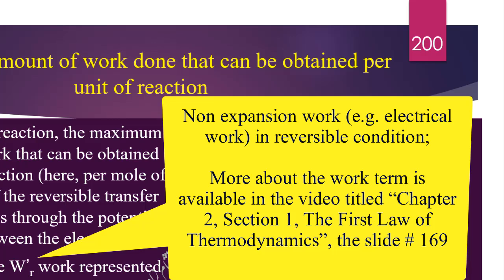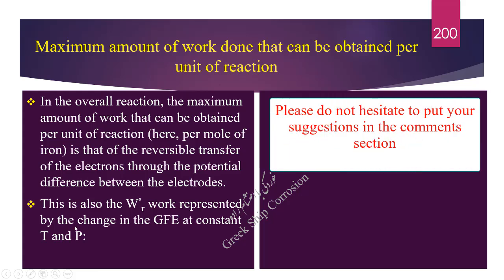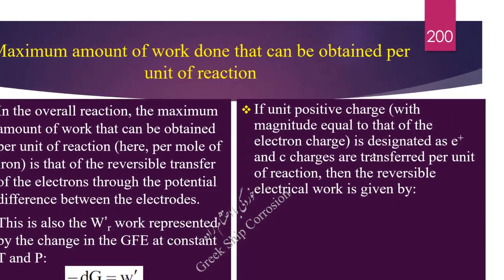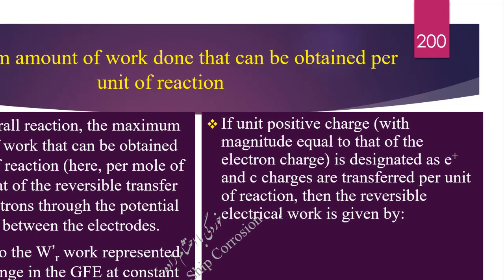More about the work term is available in the video titled Chapter 2, Section 1, The First Law of Thermodynamics, slide number 169. R stands for reversible, represented by the change in the Gibbs free energy at constant temperature and pressure. The negative Gibbs free energy change equals W'(R). If unit positive charge with magnitude equal to that of the electron charge is designated as E+ and C charges are transferred per unit of reaction, then the reversible electrical work is given by